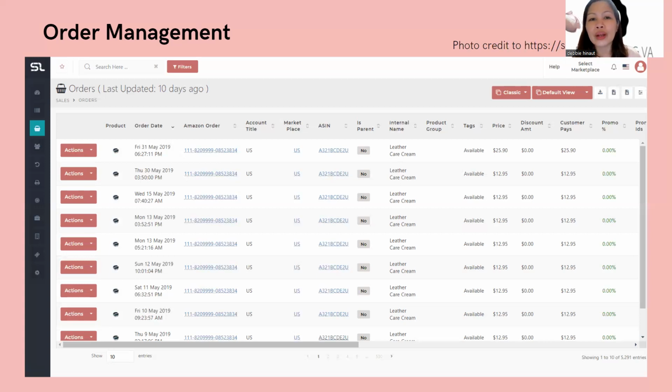So hindi porket sinabi ng Seller Legend na bumaba na siya kasi hindi na tayo nag-sale, ibaba mo na siya lahat. Of course, pag hindi kaya ng expenses ng purchase cost mo, all of the landed costs and then your purchase cost, hindi mo pwedeng ibaba ng ibaba, kasi lulugi ka naman. Pwede mong sabihin kay client na ibaba natin to kasi mabenta siya at this time. O nag-promo tayo niyan, kaya mababa yan. So sometimes, you can also check pricing ng mga products ng client mo na